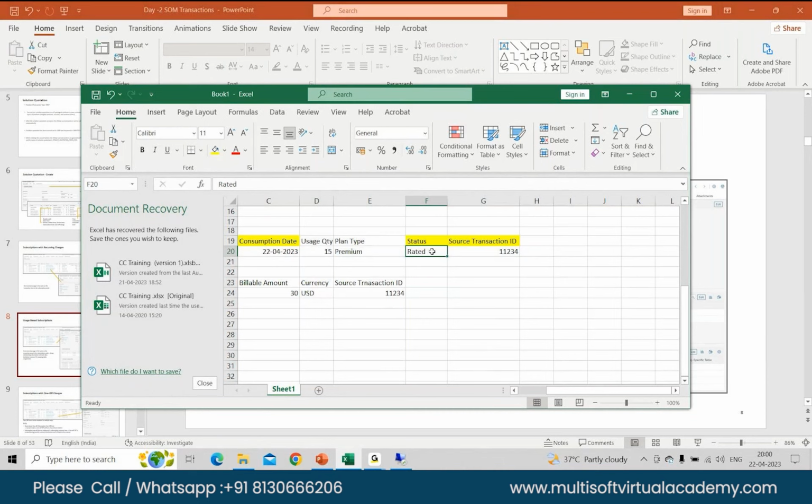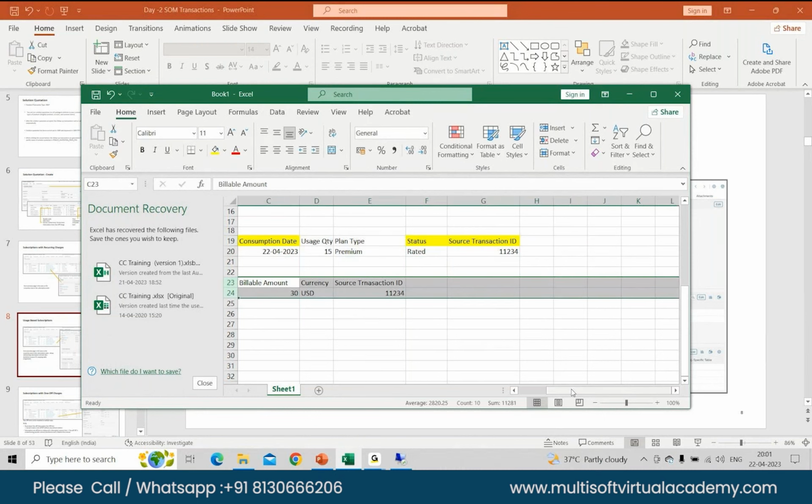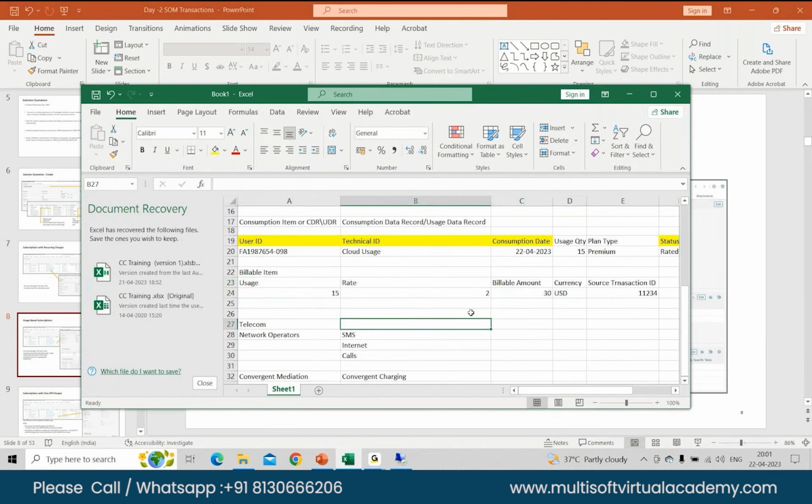But if you send it to CI first, in that case it will be in rateable status. Rateable means that you can rate it. But if you send it via CC, it will be rated, meaning that you have already generated a billable amount for this. One question: when we say rating, all we are doing really is taking the consumption record and applying a dollar value to it. Is that correct? Yeah, you're basically checking whatever details you might have. This is a very simple scenario. You might have multiple, complex cases. In that case, what you can do is